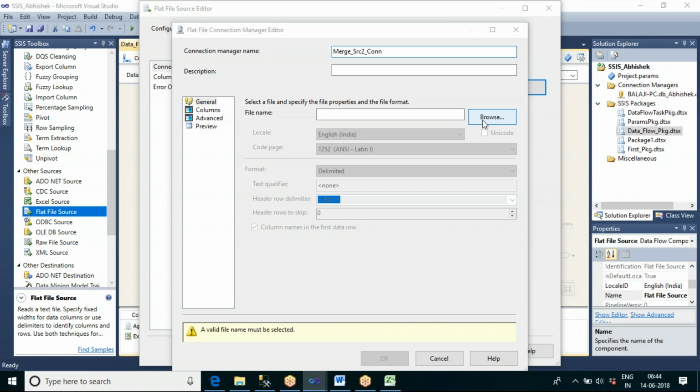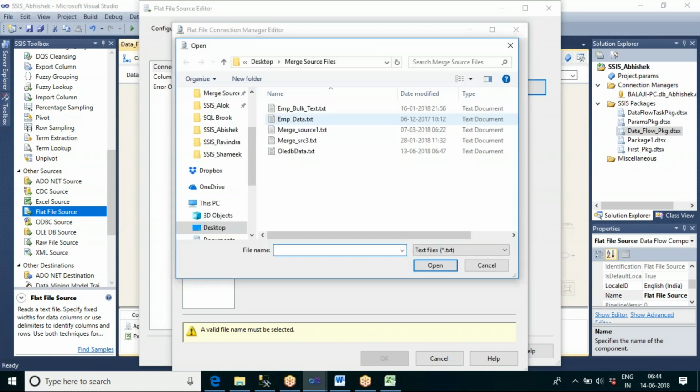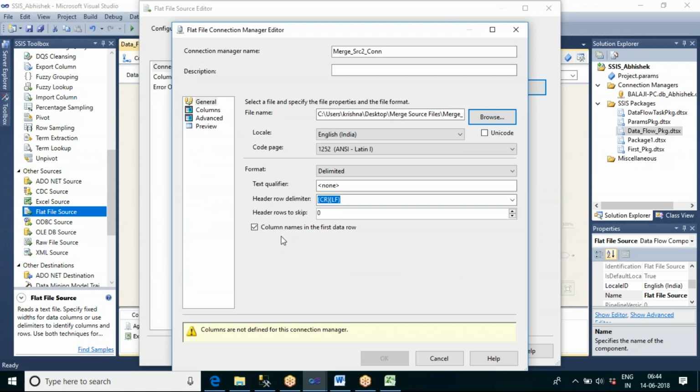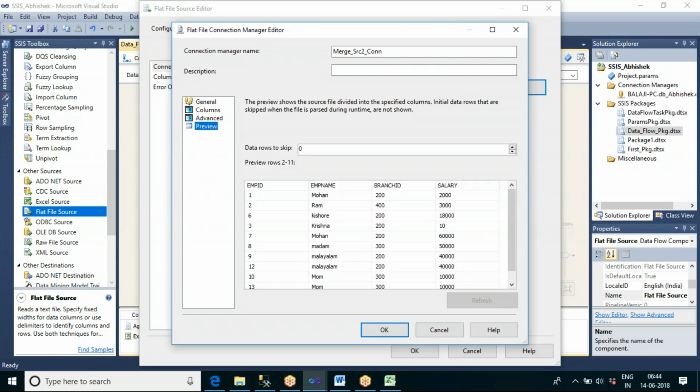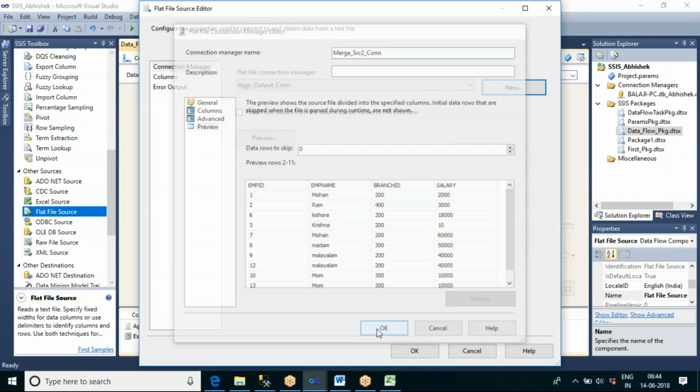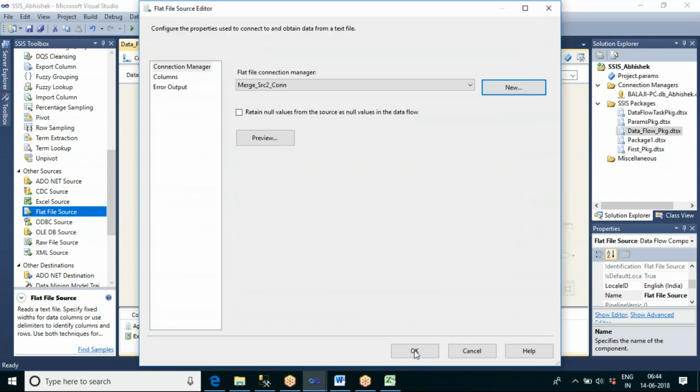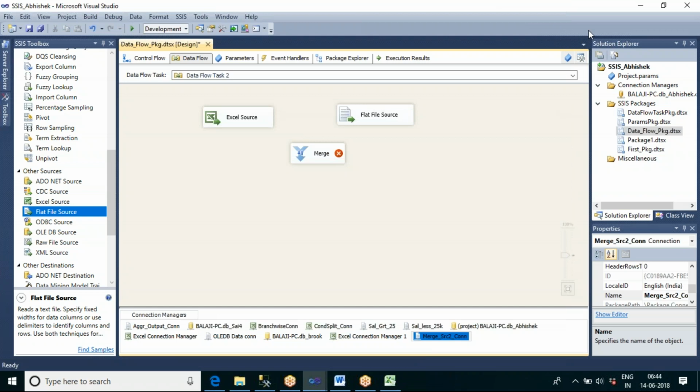Click on browse. Do you have column names? Yes, we have column names. Do you want to preview the data? Yes, we are able to preview the data. Click on OK. Now my second source also is ready.